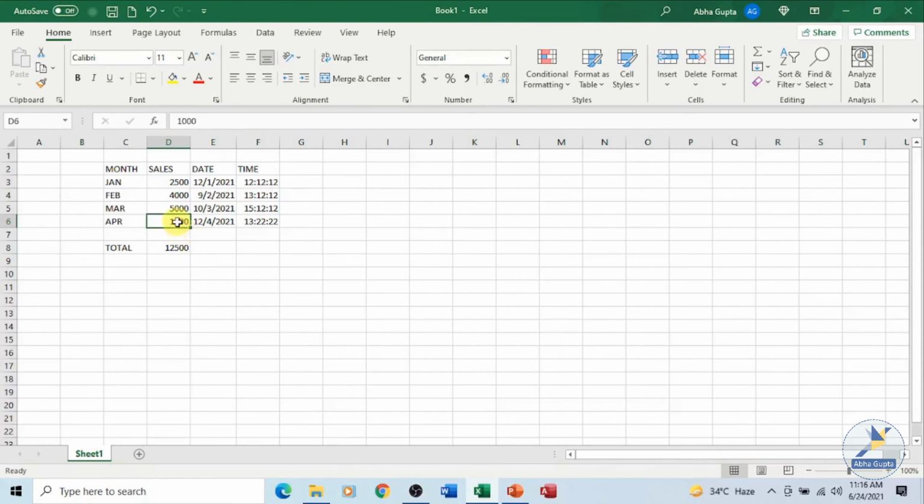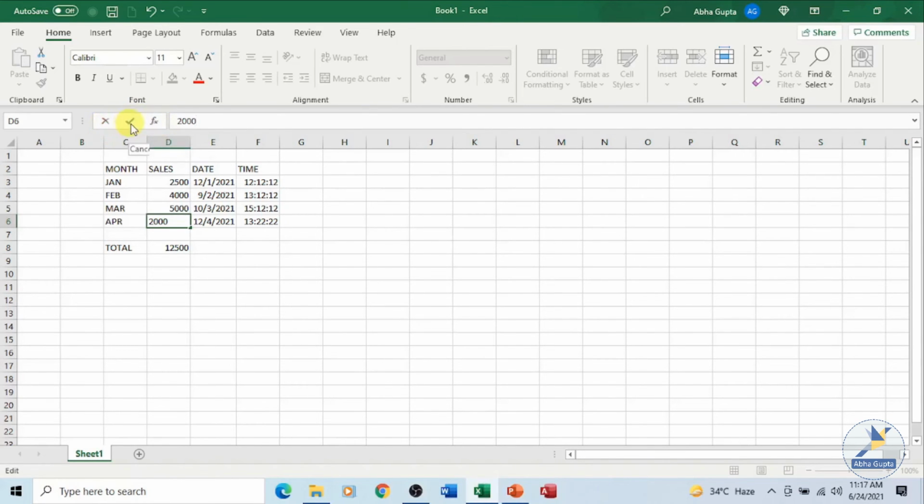Second method is make it the active cell. Go to your formula bar, make changes over here. Say instead of 1000 I want to make it 2000, and press the enter key. Now whenever you are trying to enter data in the formula bar, on the left hand side of the formula bar, you can see 2-3 more options available.